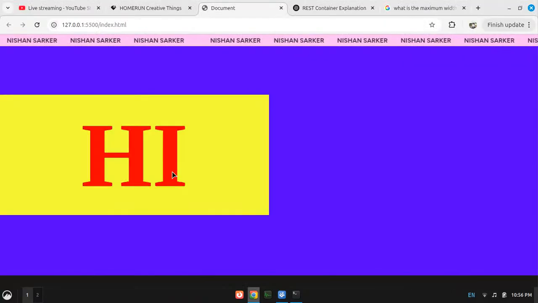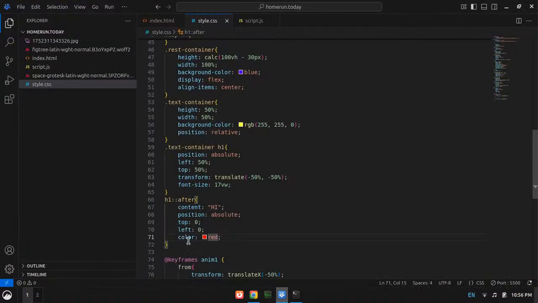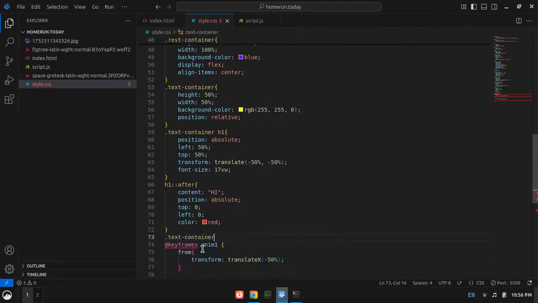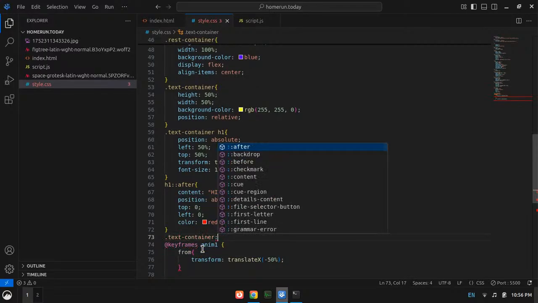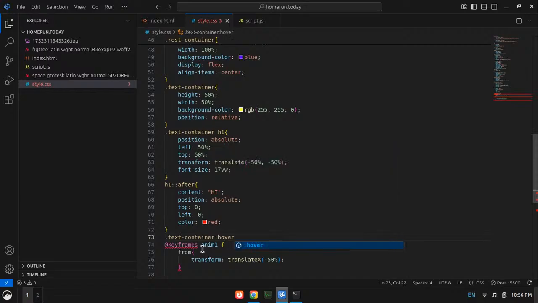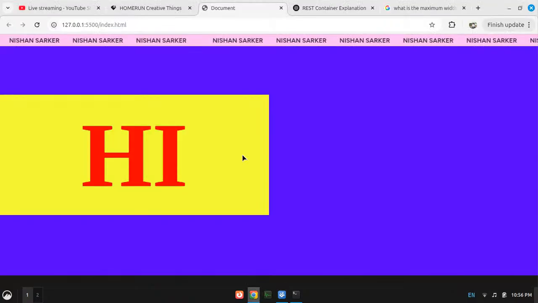Right, now what I want is, when I hover over the text container, the hi should move to this side.